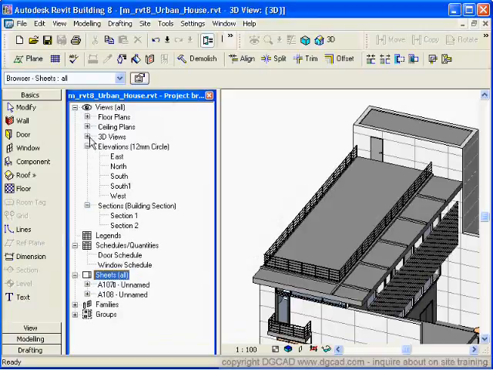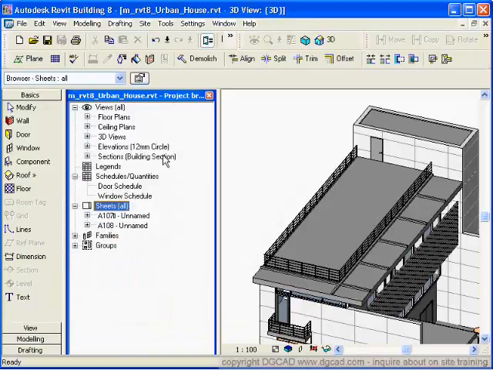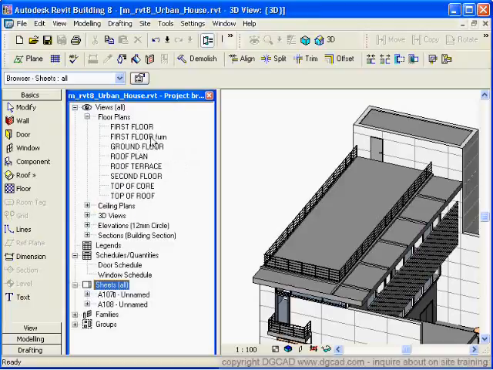And the most important one probably is the views, and inside of views we've got different types of views. As you create levels, it will go in and create a floor plan for you. You may or may not publish that to a sheet, it's up to you, but inside of here we can rename it, and the key is that as you're renaming all of this stuff between the drawings, they're all talking